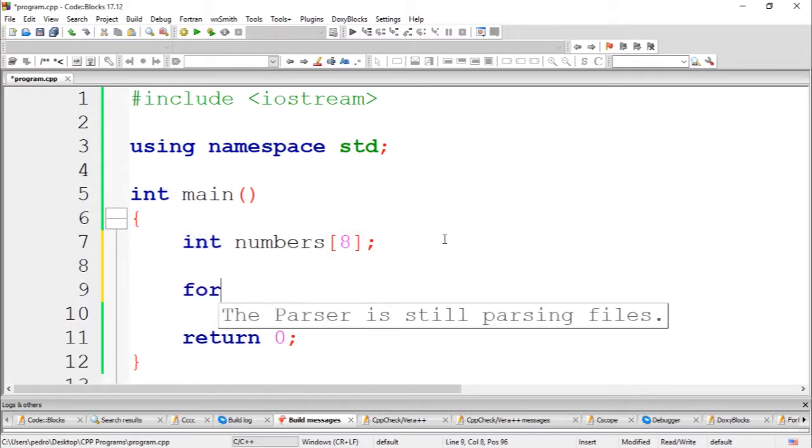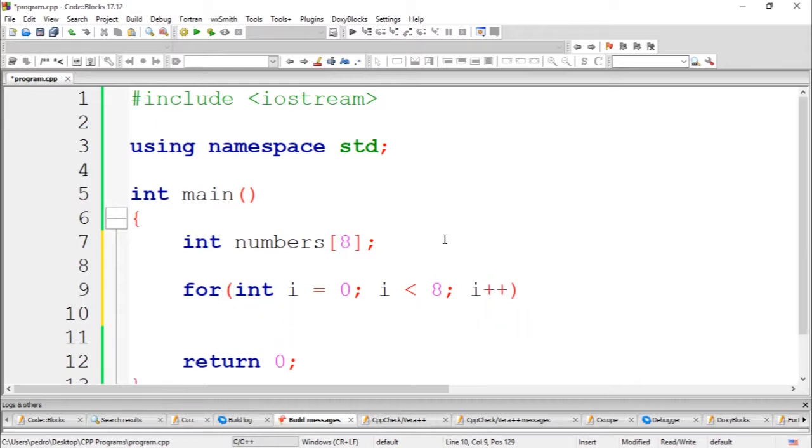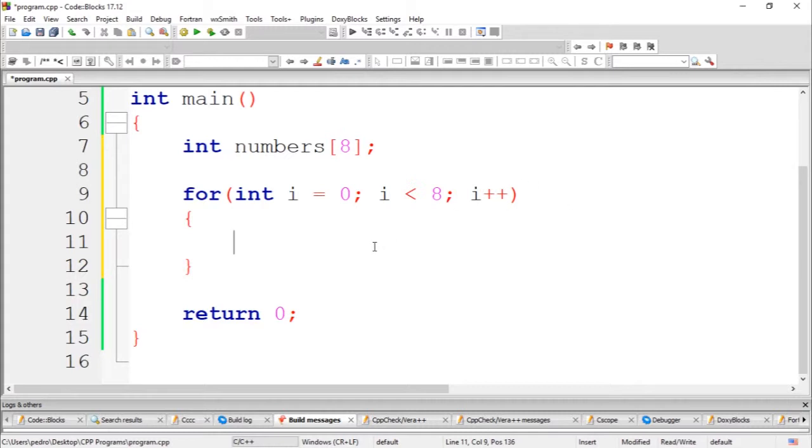Let's create our first for loop. You guys can see int i equals 0. The first index of an array is the number 0, the index 0. Let's do this while i is less than 8, which is the maximum index. Okay, so the last number will be 7, but it's okay because 7 is the last index as well. So we're going to increment by 1 using i++, and here what we can do is